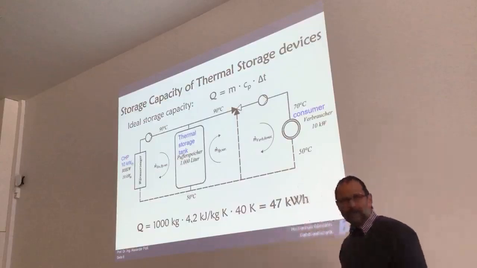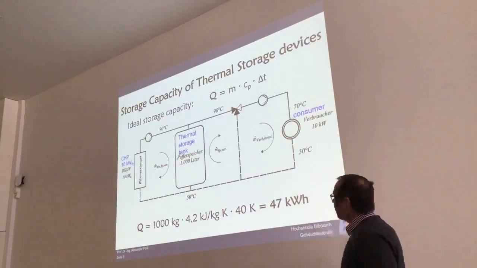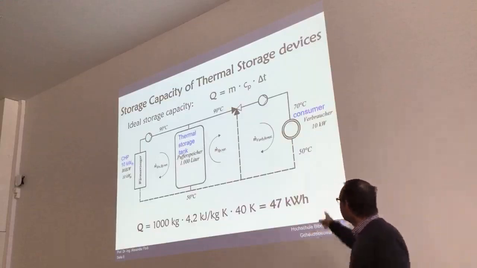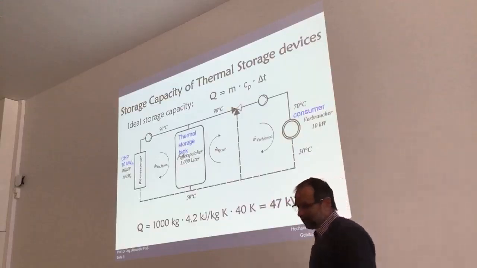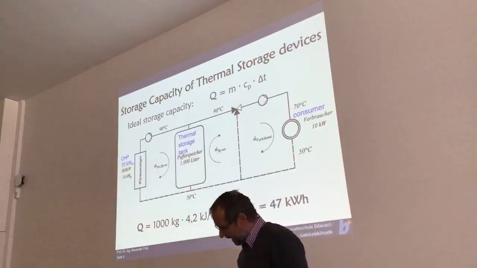The consumer in that case was just a radiator heating system in multi-family houses. And the supply temperature of the consumer was designed at 70 degrees, and the return temperature was designed at 50 degrees. There was a hydraulic, a thermal storage tank